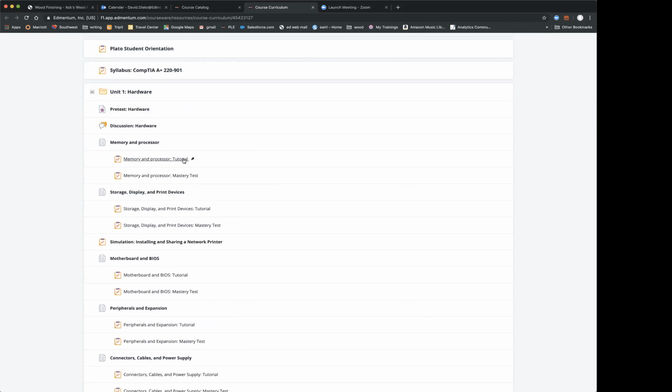It might say, like in this one down here with print devices, it would be helpful if, rather than telling them all about printers, they actually set one up. And if you've ever set up a printer, sometimes it's easy, sometimes it's a little more difficult depending on how you do it. And so what we do is we've included simulations.